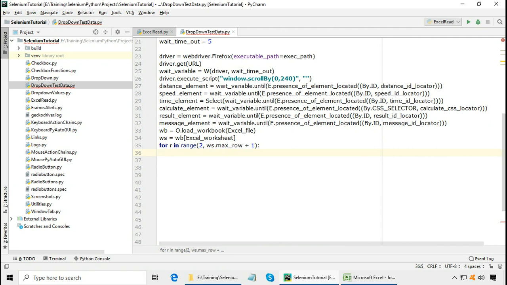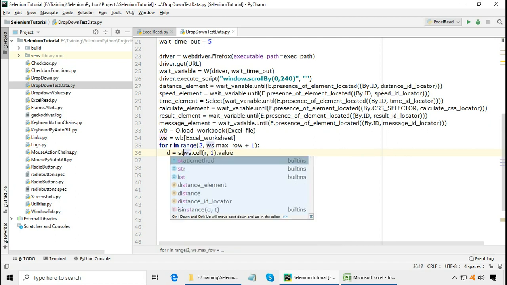Now first let us find the distance. So distance is worksheet dot cell, row and first column dot value. Now we should convert it to a string by using the str function.